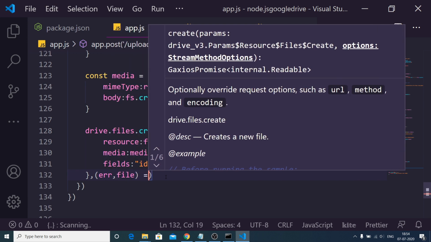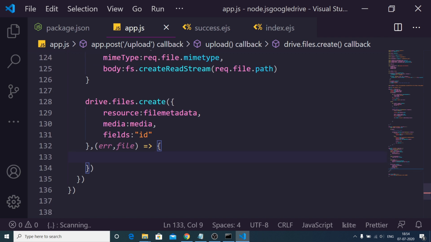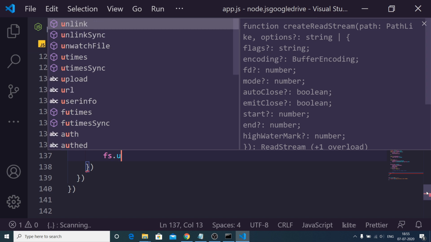This is the callback function which will execute if any sort of error takes place. We can throw that error like this. If no error takes place, then we know that the file is uploaded. In that case, we can delete the file which is inside the images folder. For deleting it, we have a function inside the file system module, which is unlink.